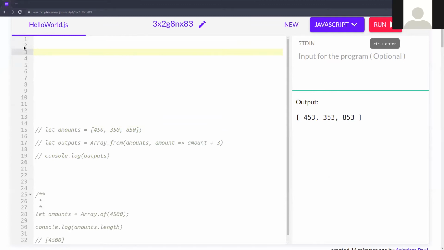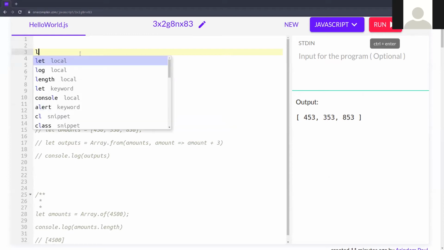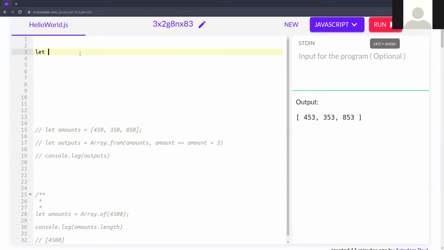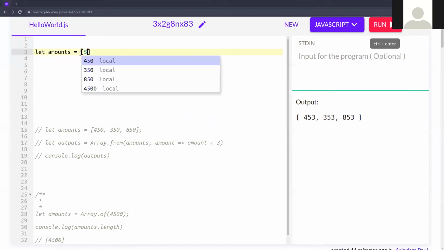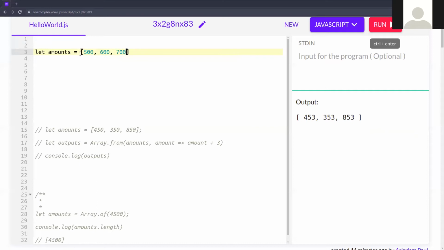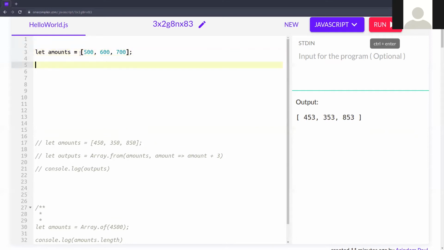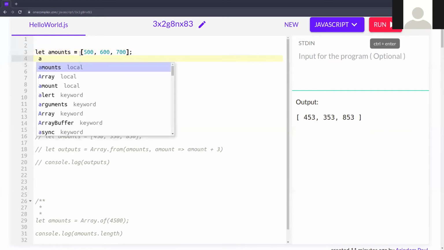Now I'm talking about the third one. The third one is Array.fill. Okay, so first let's write the code. Amounts equal to 500, 600, 700. Now, Array.fill means, this amounts is the array.